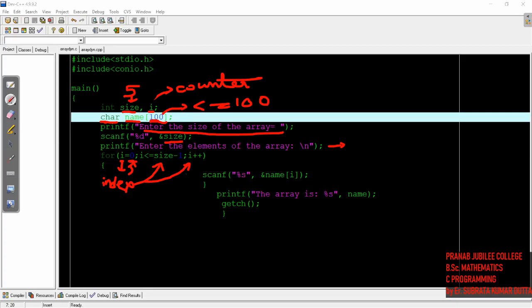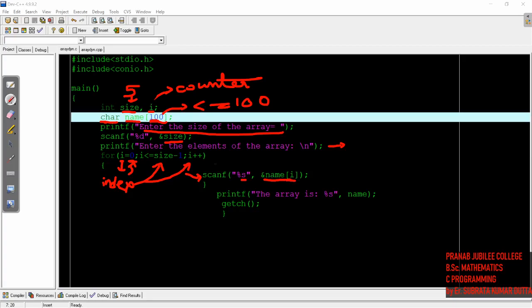Then again we'll scan. scanf means whatever value the user enters will be stored in this variable. As in the static initializing way, we have discussed why we use percentage s. You can view that video.